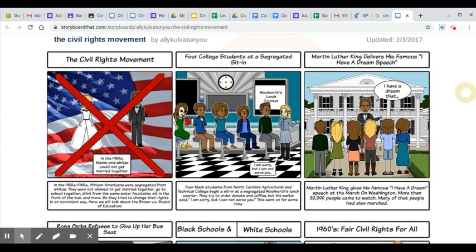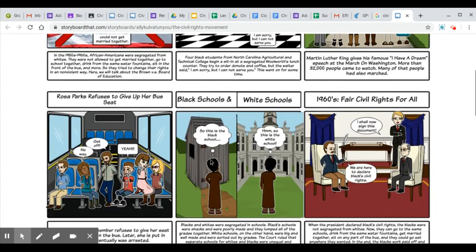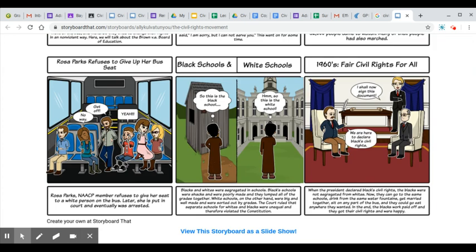You take your time to play around with this stuff and get good historical descriptions, have it look like the scene actually would have looked, and explain how it adds to the highlights of the civil rights movement. What did it do? What did it add? I don't want to just have speech bubbles of people arguing things at each other. Like I don't want just a couple speech bubbles saying, "You can't sit here. Yeah, get off. You're not allowed." That's not telling the story. You're setting this up to tell the story.